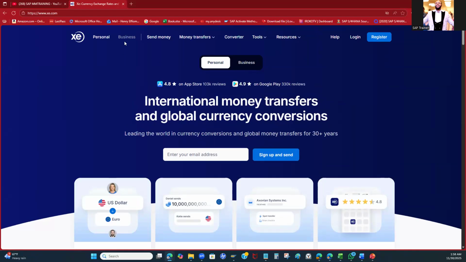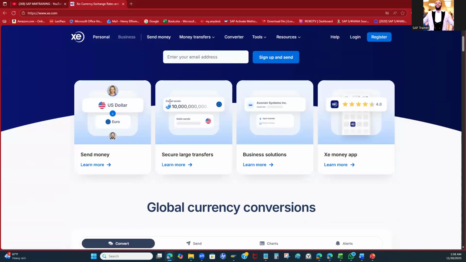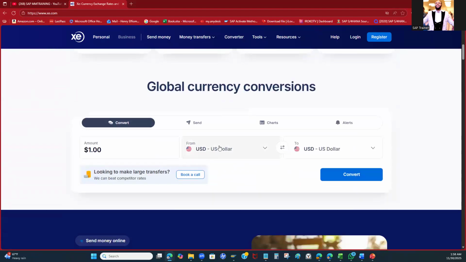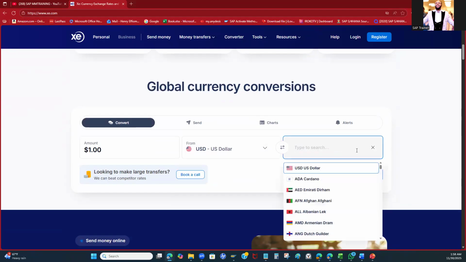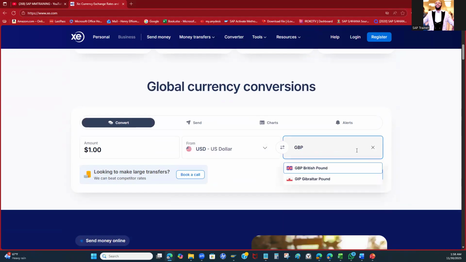You don't even need to log in or do anything. You can just go to the converter, go to the global currency conversions, and do your conversions. In this scenario, we're going to keep it from US dollars to GBP,